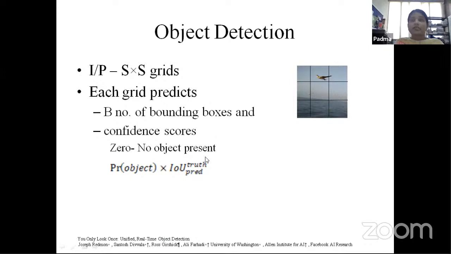That means, suppose we all know that the second grid's confidence score should be high. Why is it high? Because objects do exist in the second grid, and definitely the object center exists in this particular grid. For that sake, the probability of whether any object exists inside this second grid, if it is yes, then we need to provide the probability as high, right? And we will see how we compute this factor in subsequent slides.